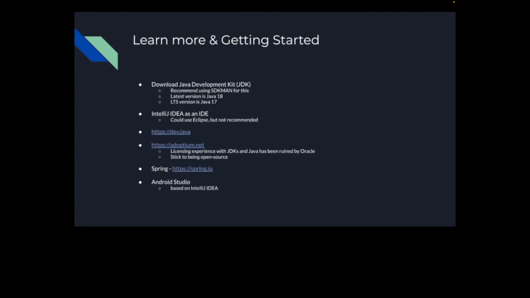If you want to look at documentation on Java and look more into the Java programming language, you can go to dev.java. And if you want to use a specific version of a Java development kit, I recommend you check out adoptium.net for an open source version, because as I mentioned before, Oracle is nasty and kind of ruins a lot of things with licensing. I much prefer and highly recommend people stick to the open source stuff, and adoptium.net is really the center point for a lot of the open source JDK related things.